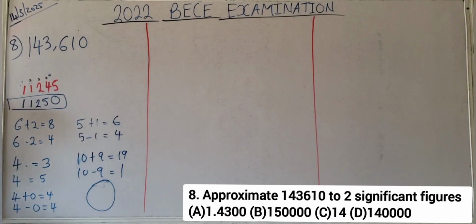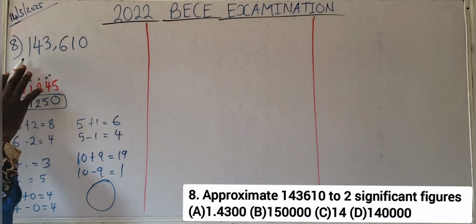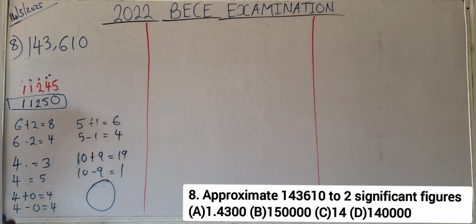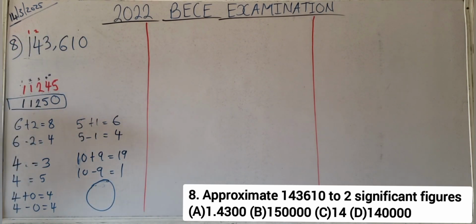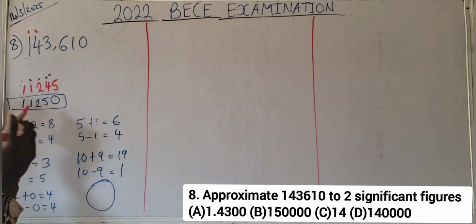If you don't understand, let's go back to the question. Listen. We have 5 significant figures here. Now we are asked to approximate it to 2 significant figures. I have already explained to you what is meant by significant figure. You understand? Now, if you want to approximate this to 2 significant figures, all you have to do is count from the left. Since we are approximating to 2 significant figures, you count from the left. This is the first number, this is the second number. The number behind the second number, if it is up to 5, you are going to approximate it. Now, because 3 is not up to 5, that means that we cannot approximate it. So, it's going to take the value of 0. Hence, to approximate this to 2 significant figures, we are going to have